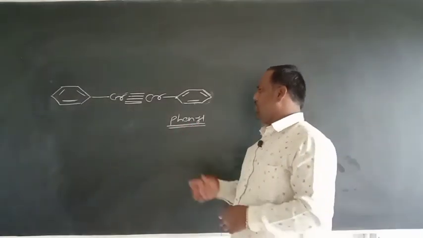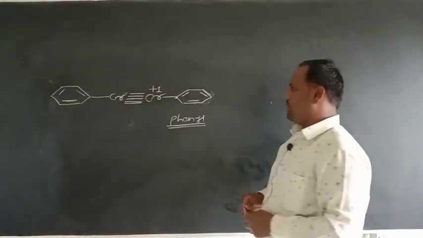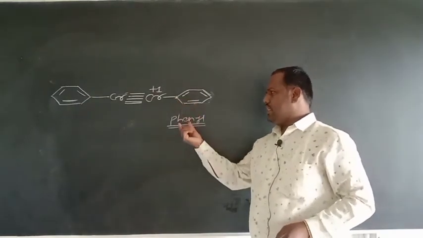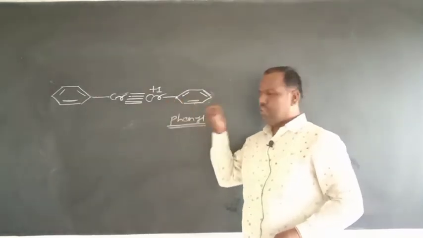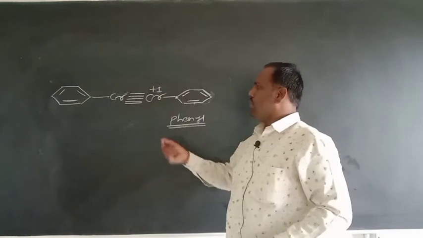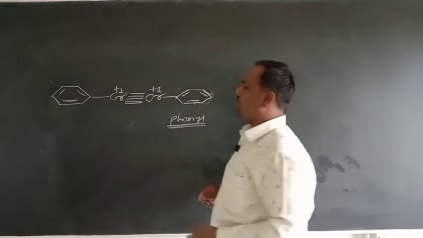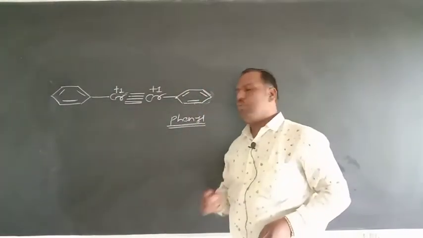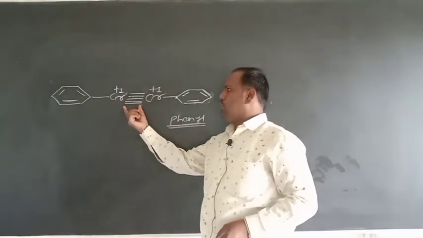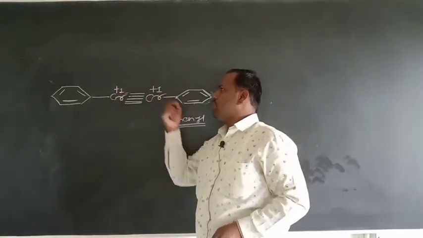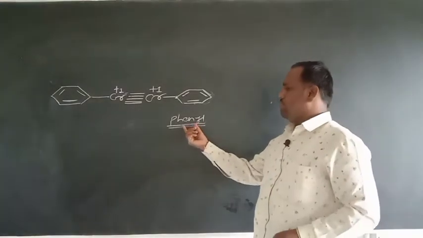So in this case, the chromium is in +1 oxidation state, because the phenyl ligand which is attached to this metal contributes a -1 charge, and therefore this chromium is in +1 oxidation state. Similarly, this chromium is also in +1 oxidation state. So to form a quintuple bond, or to form a complex with bond order equal to 5, the chromium complex should be in +1 oxidation state. So this is not a benzene ring, this is a phenyl.